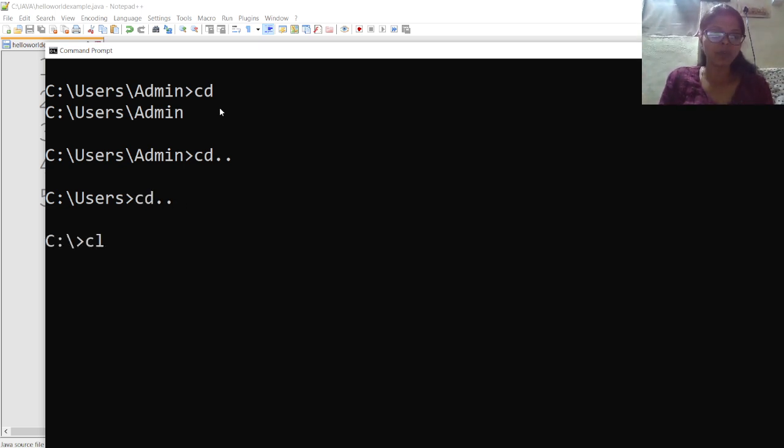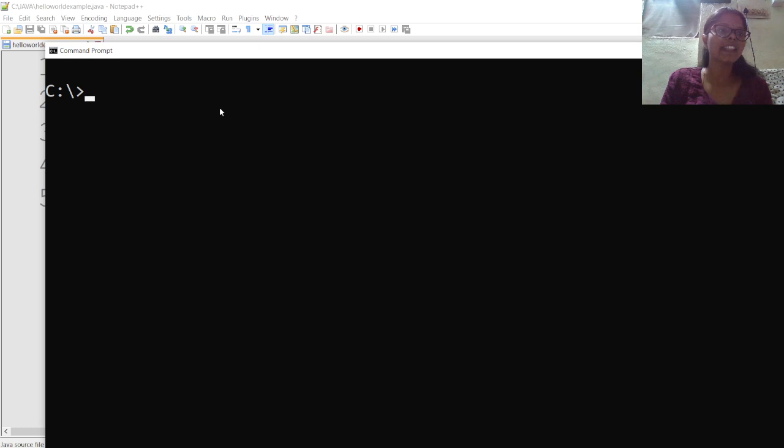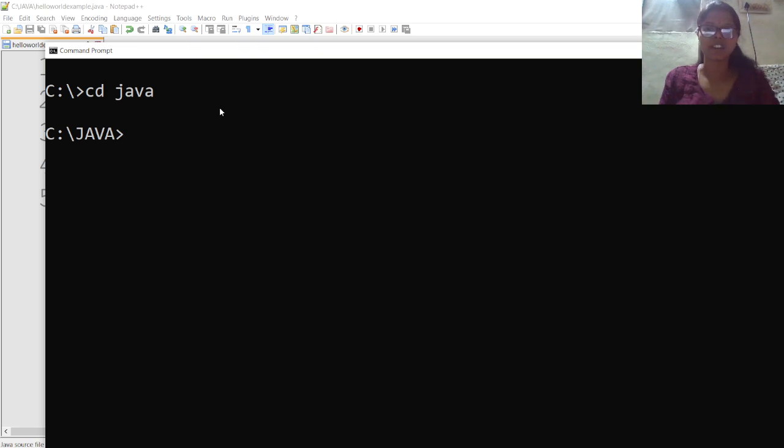After removing it, again in the C drive, I need to go to the Java folder because my file is in the Java folder. I have created a separate folder for Java programs. So to set that folder, cd Java. Now my file is in the C Java folder, right? Now my command prompt is in the correct path. Now I have to compile the code.